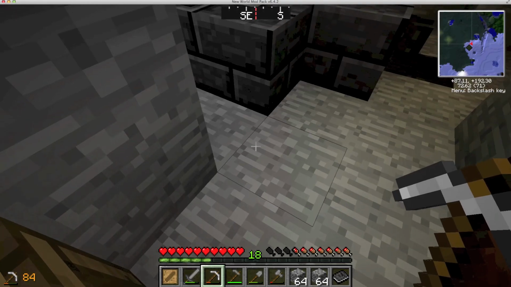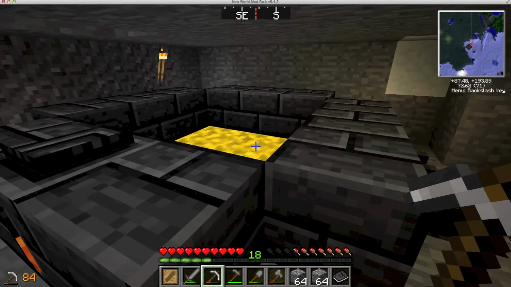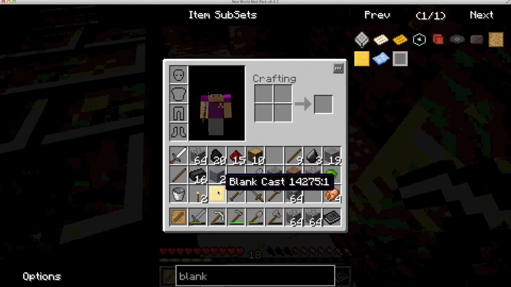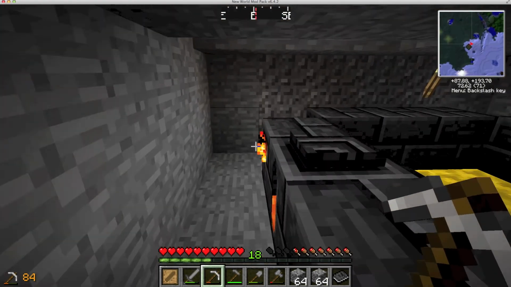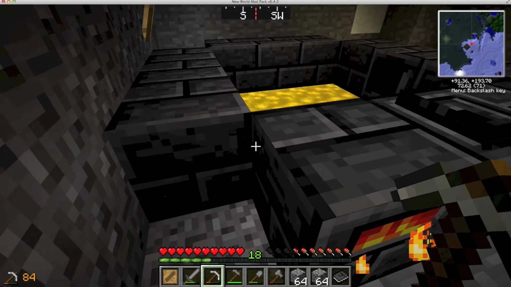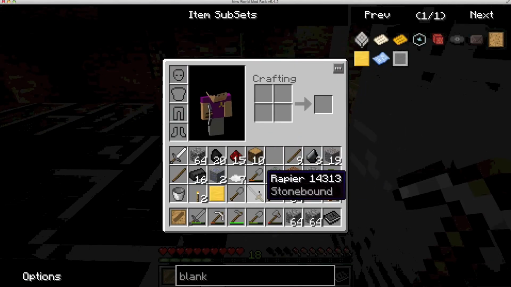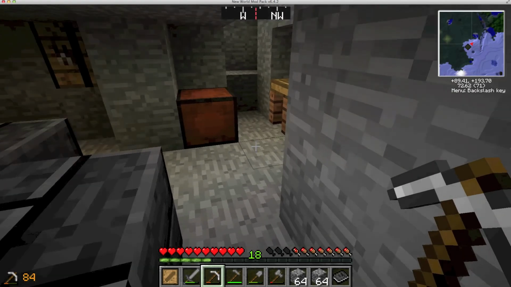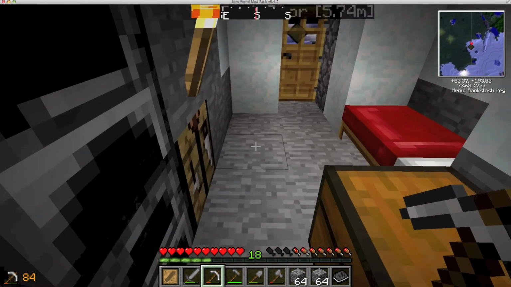So I don't know what we can use that blank casting for. We've got more gold there, but if we pour it in there, we're just going to get another blank cast that we don't know what to do with. So that is a smeltery. There's no miraculous other books that have come up as a result of it. So at the moment,